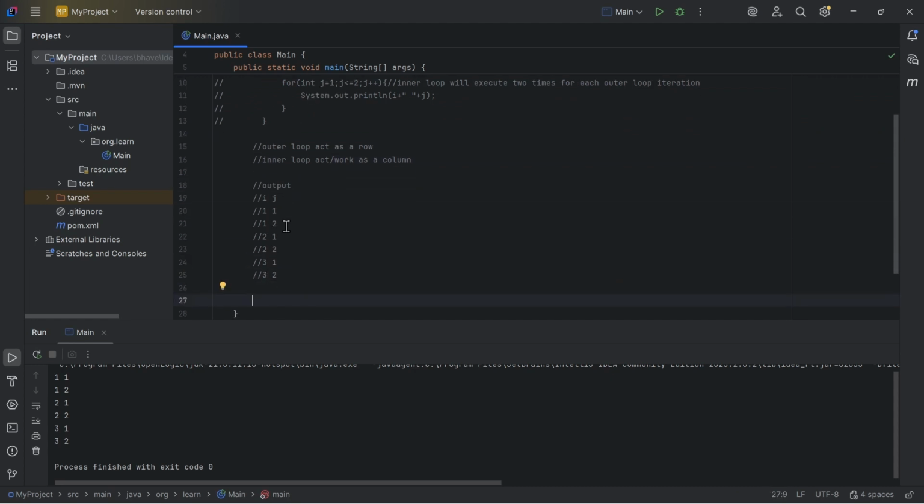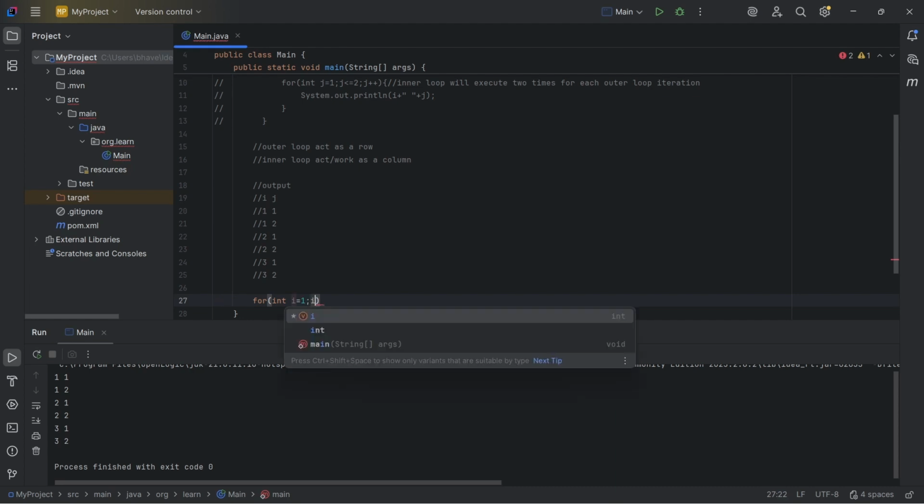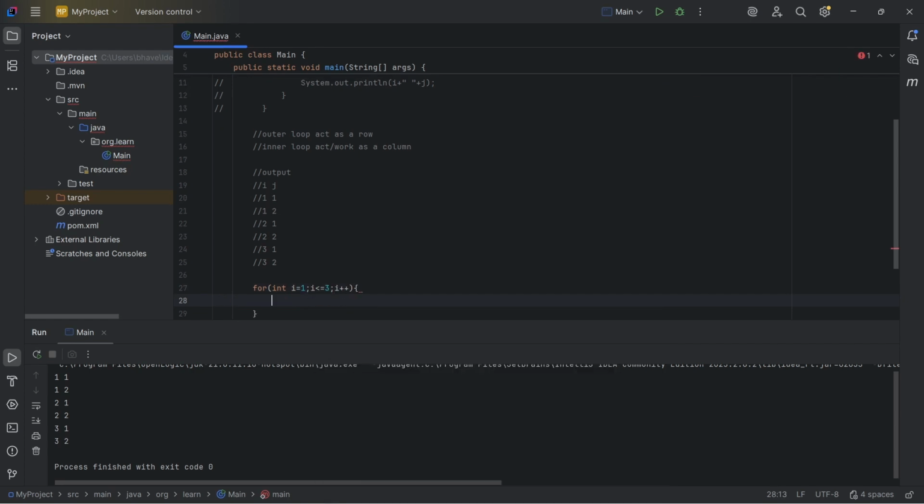So we will take one more example for int I equals to 1, I less than equals to 3, I plus plus, and inner loop int j equals to 1, j less than equals to 3, j plus plus,